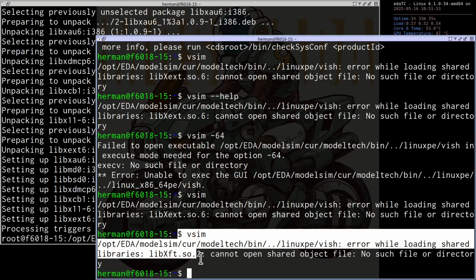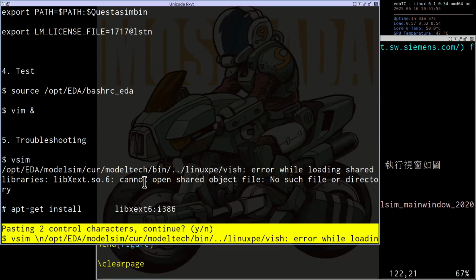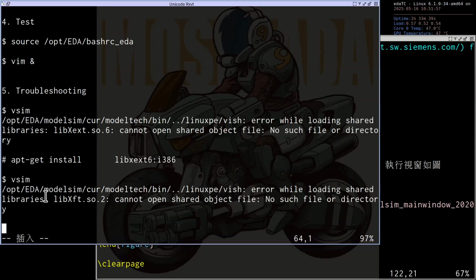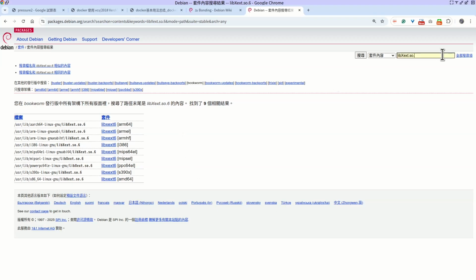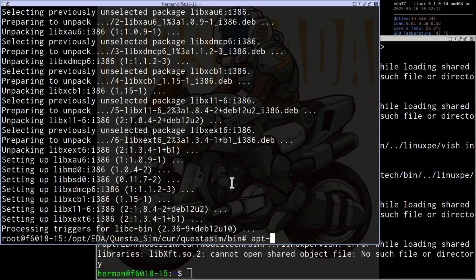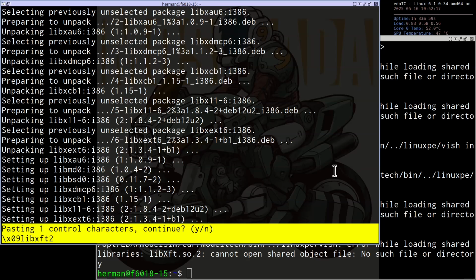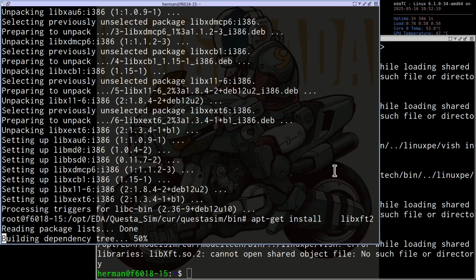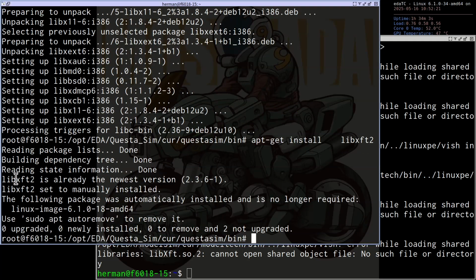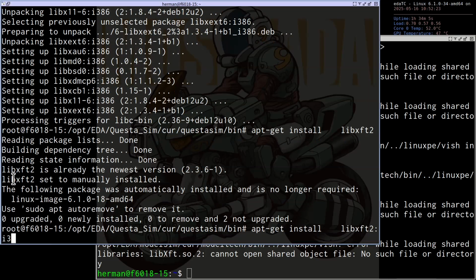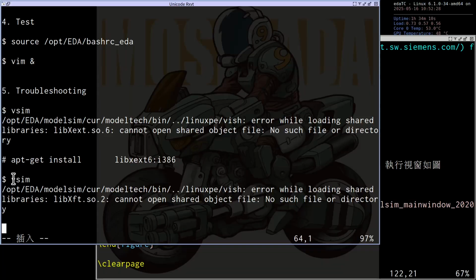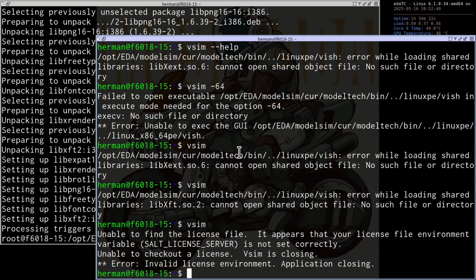So again, we need to solve this problem. libXt.so.2, this is libxt2. apt-get install libxt2, and it is already installed, so we need to install the i386 version. Then we can run vsim again.